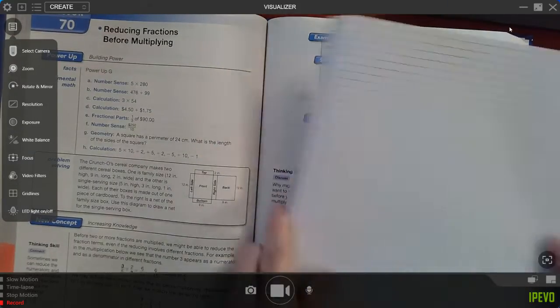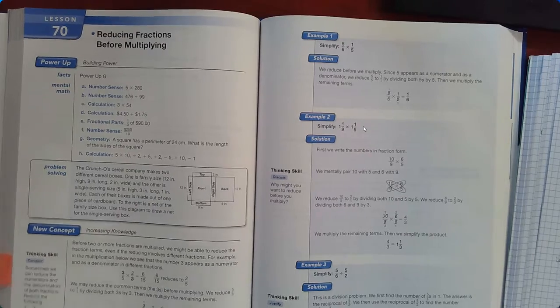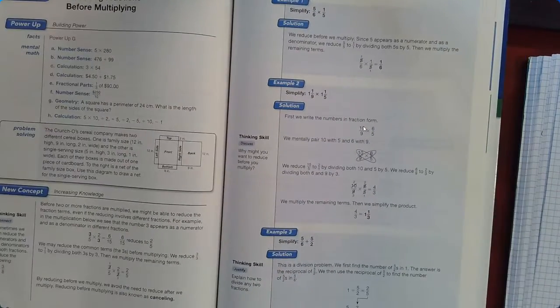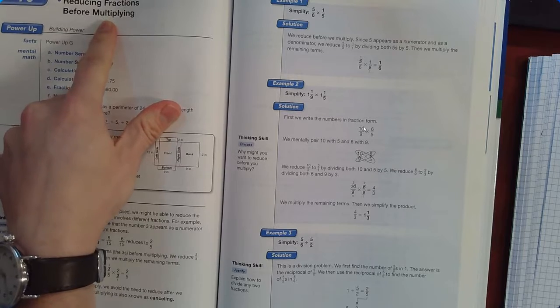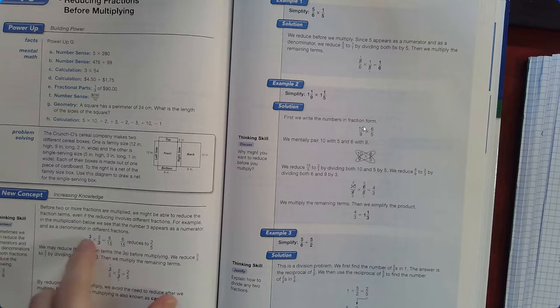I've been doing this the whole time. I've been talking about this. It is important, it's easy to reduce your fractions before you multiply. The reason for this is you don't have to reduce your fractions before multiplying, but if you don't, you are going to have to do it at the end, okay? So I can go ahead